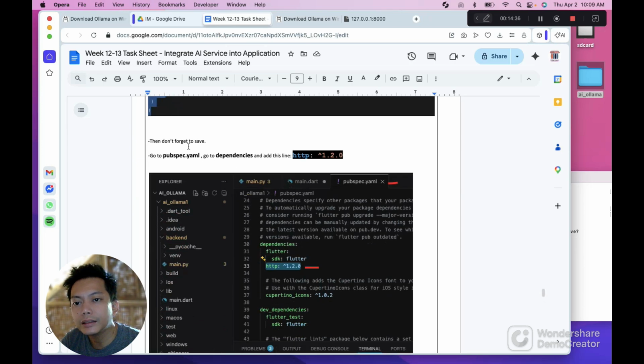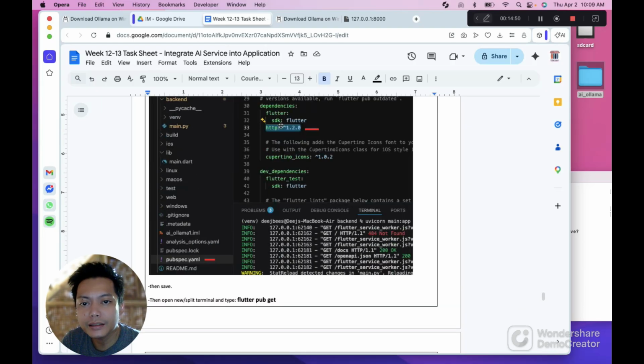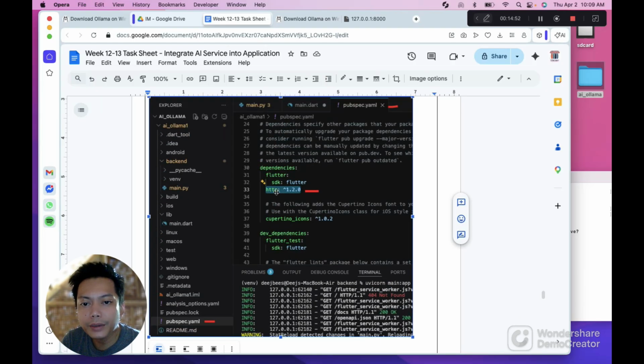Then after that, we're going to go inside the pubspec.yaml here. Go to pubspec.yaml, go to dependencies and add this line. So we're going to copy this line. It's somewhere here. This one, we're going to paste here.